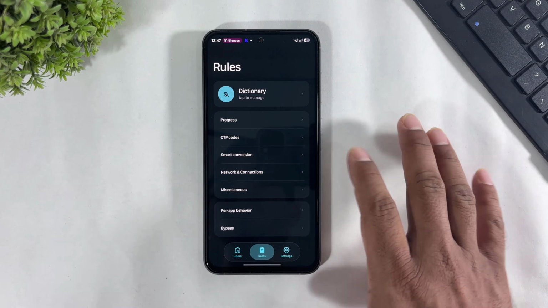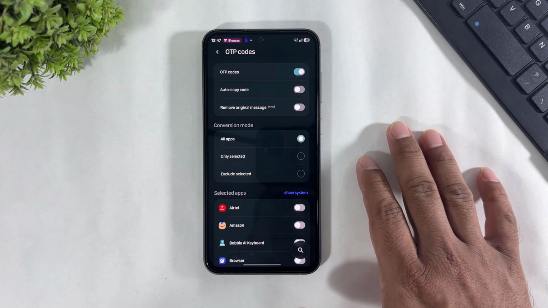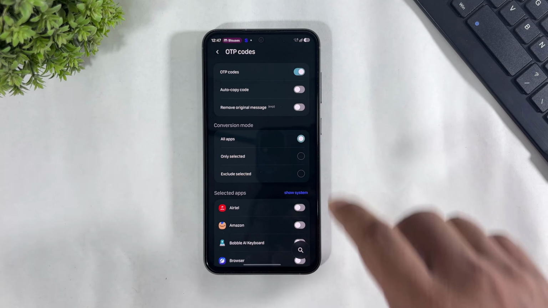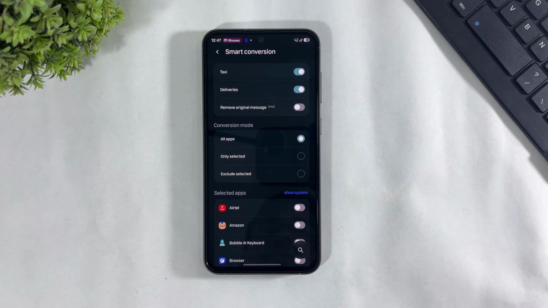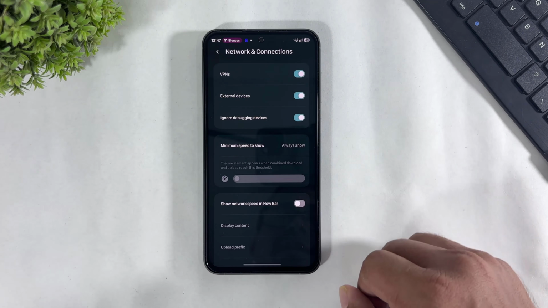Now let me show you OTP codes. Guys, simply select enable OTP codes, or if you want to enable auto copy OTP code, then simply turn on this option. Now go back. Look at this smart conversation. You can also enable smart conversation, network connection,